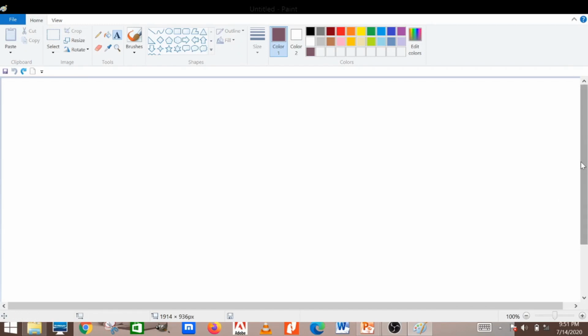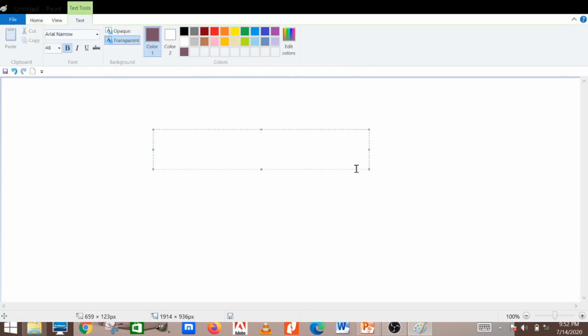Let's see how to use the bold option. First, you have to select a text box. Select it here, then write something.